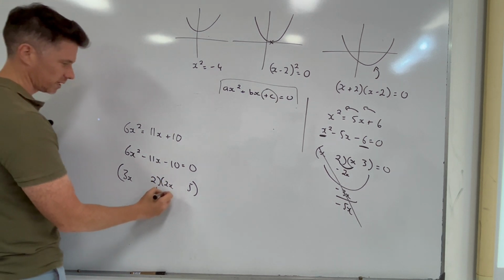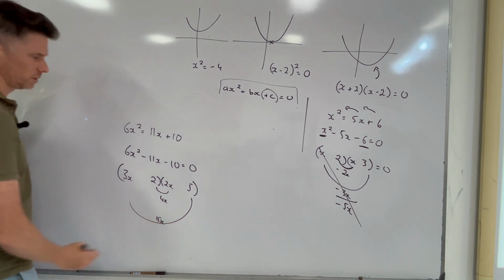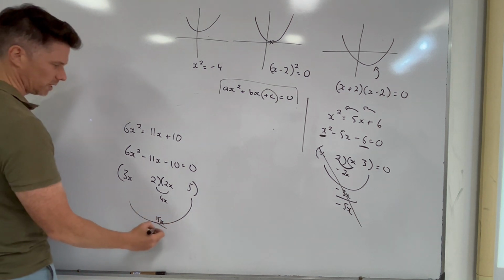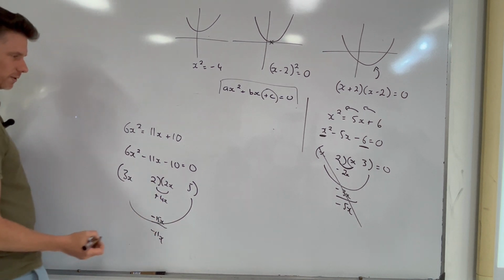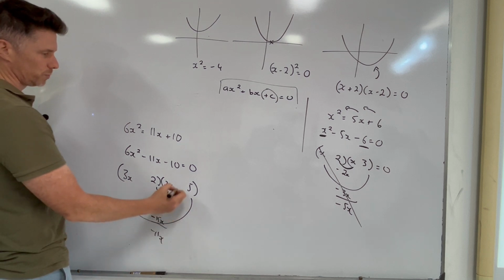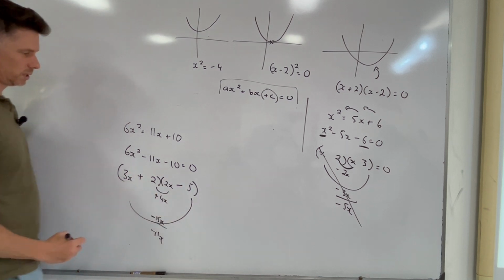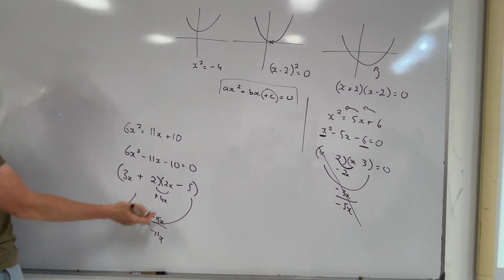Then I just work on my sign, so that's a 4x. You don't have to do this step, but I like to do it. That's a 15x, and I want to make minus 11x. So if that's negative and that's positive, that makes minus 11x. And they're opposite signs, so that'll work with the minus here. So minus and plus here. Negative 2/3 and 5/2. Yes. Okay, so x from this, if I let this equal to 0, that's